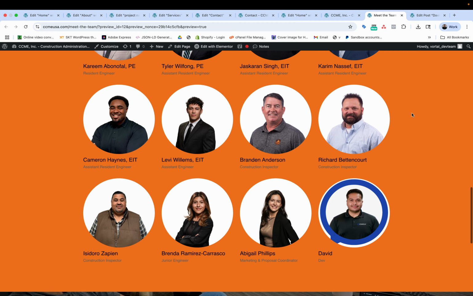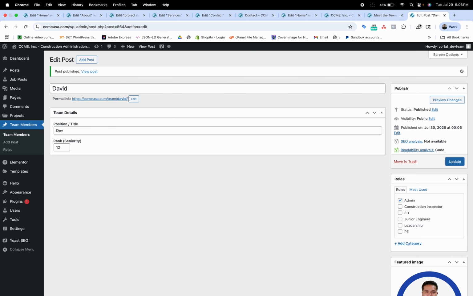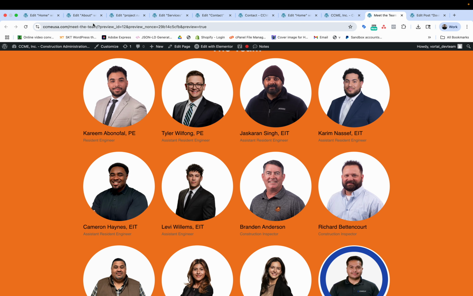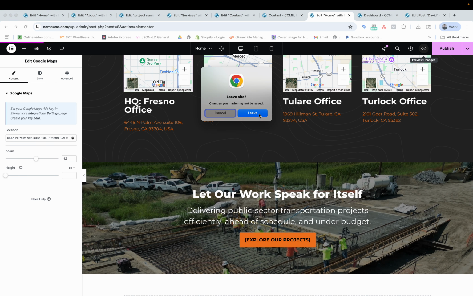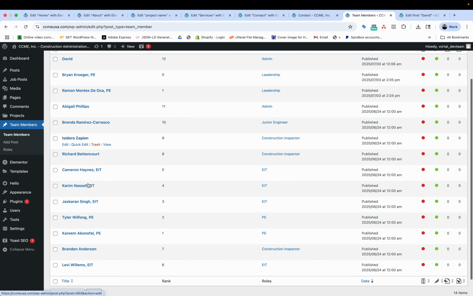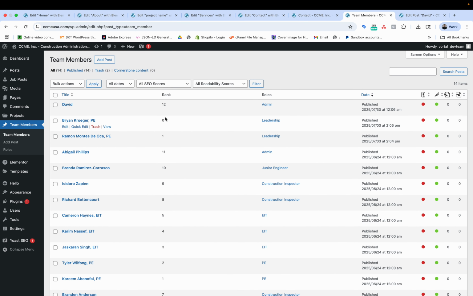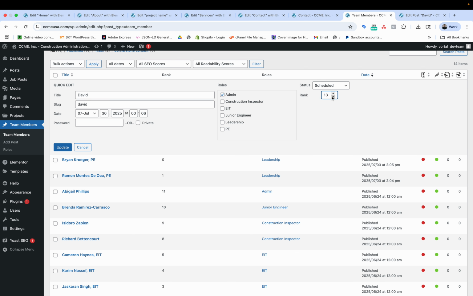Another question that came up on our previous meeting is adjusting ranking and being able to see the team rank right off the bat. To do that, let's go back to your dashboard. To get to your dashboard from a page, you just select your site title. Then go to team members, and you'll see the index, your rank and my role. To edit my rank from this view, go to quick edit, and let's change my rank to, let's say, 1. Update,